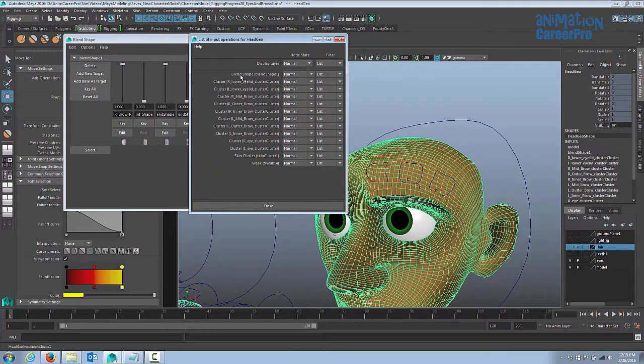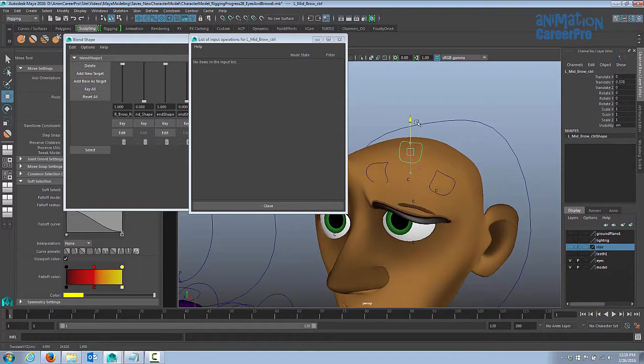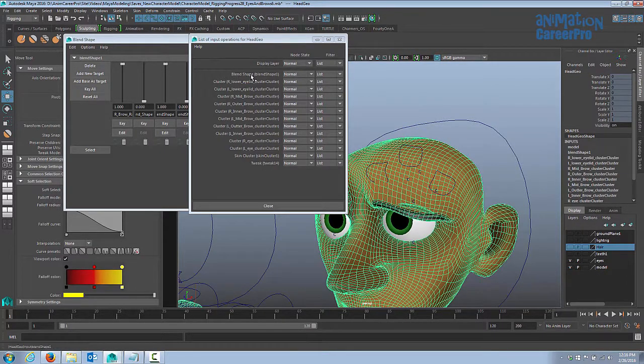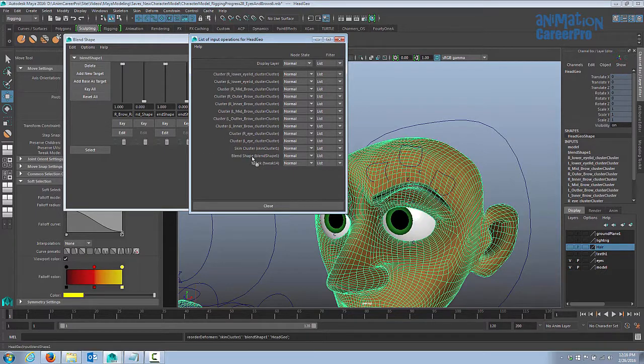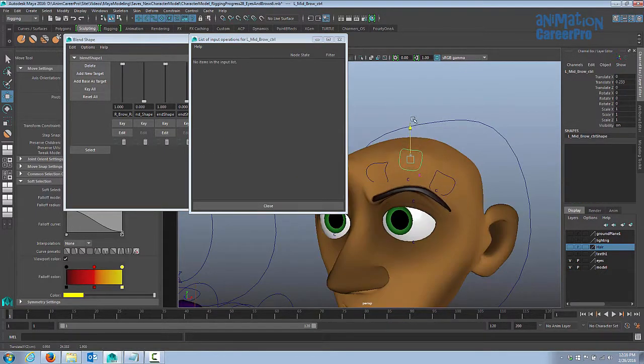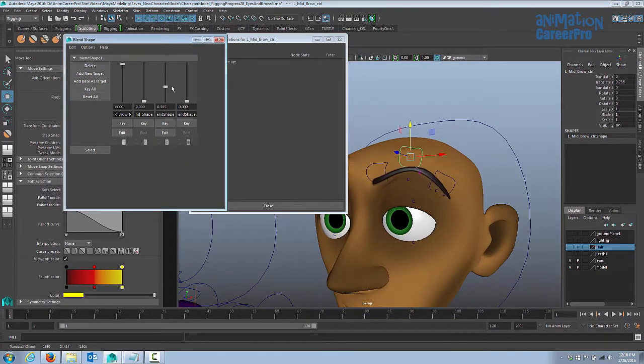So we can see we have blend shapes at the very top, and then we have all of the clusters that we created. And then the skin cluster 1 is our skin weights being bound to the skeleton. So we want to bring our blend shapes down underneath the clusters. I'm just going to raise that up so we can see that it's not functioning properly. To change the deformation order here, you have to middle mouse button over one of these deformation names. So I'm going to bring that blend shape right down to the bottom. And as soon as I release, you can see that the blend shape's at the bottom here, and this popped up. So now it's functioning properly, and so are our blend shapes.